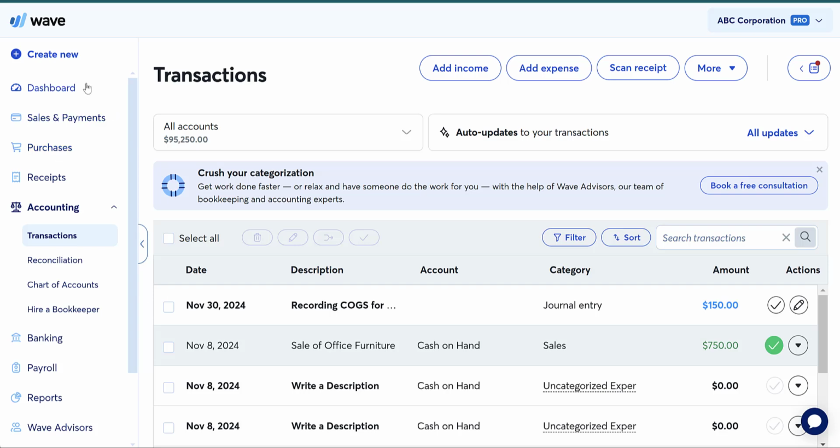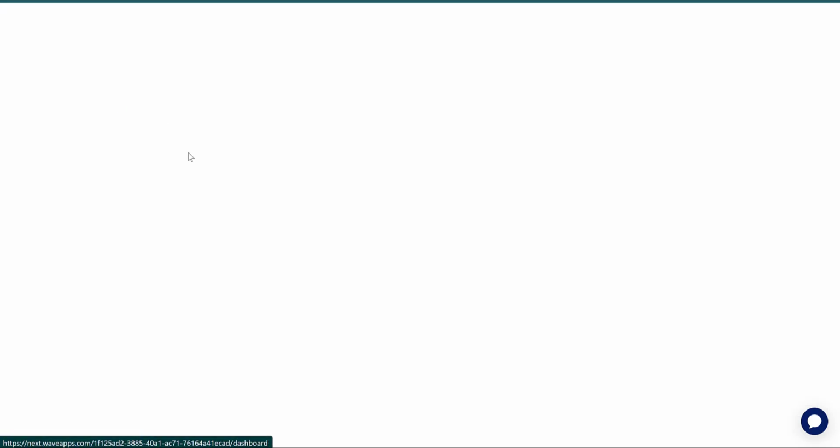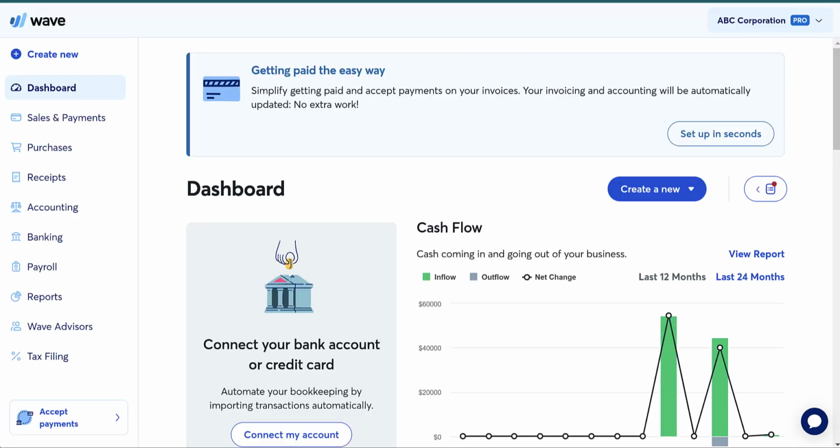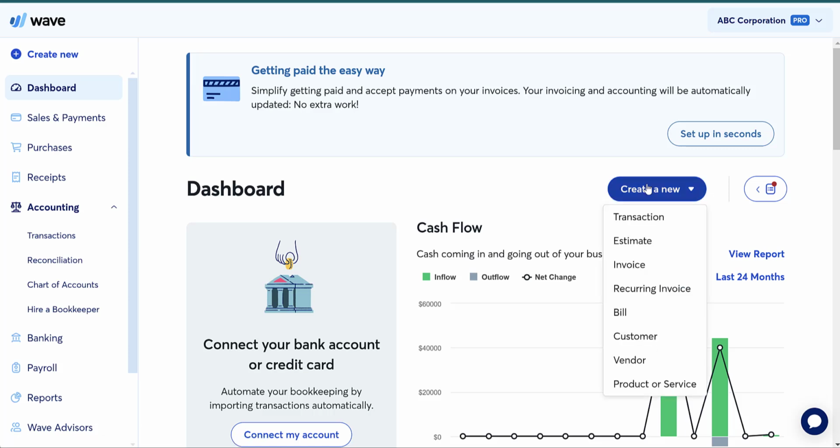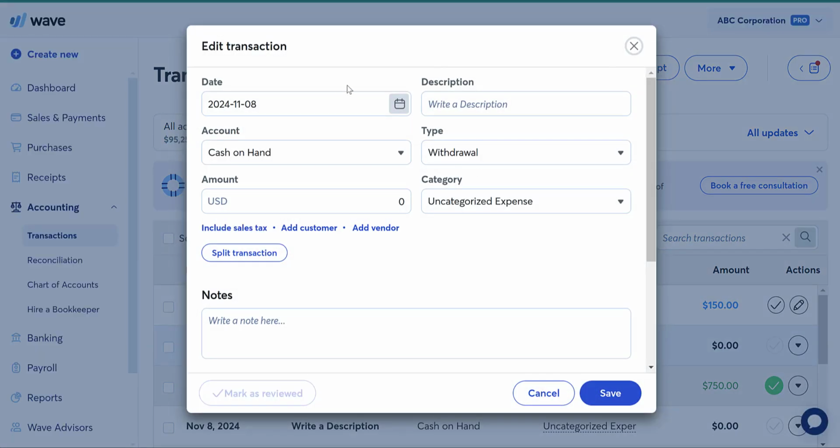So if we want to record like collecting cash or something along those lines, we're going to go to the dashboard, we can either come under accounting and go to transactions, or we can create a new transaction. That's going to take us to this tab. If you click create a new transaction, it's going to automatically pop this up as well. So let's say that you sold something for cash. You could say, you know, sale of